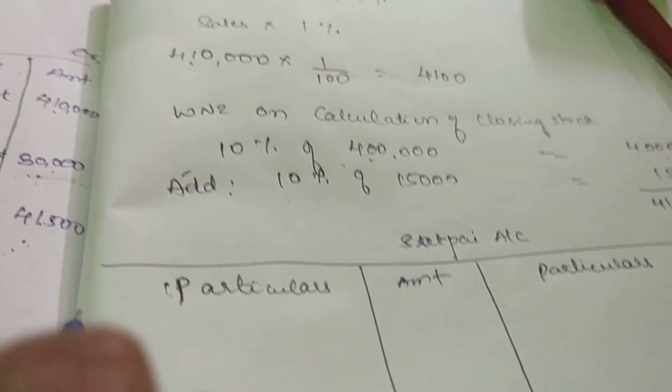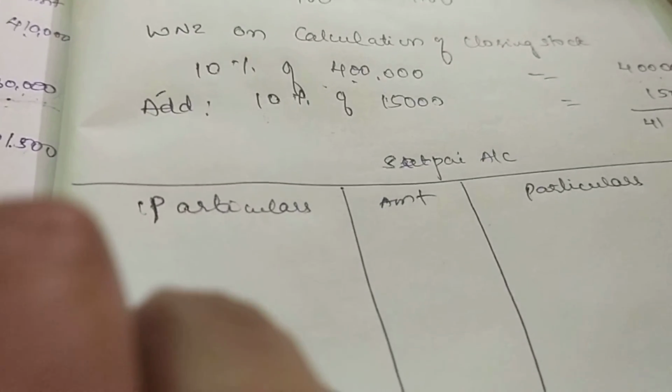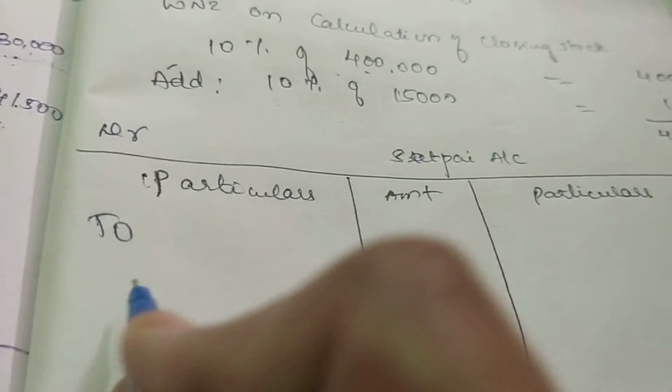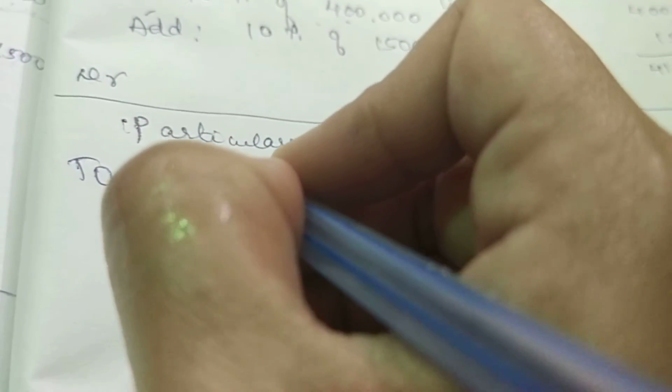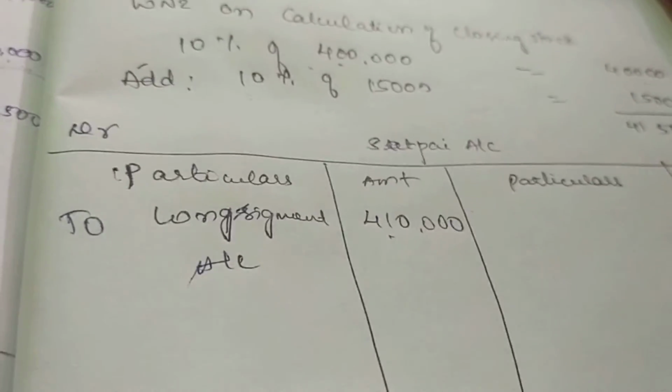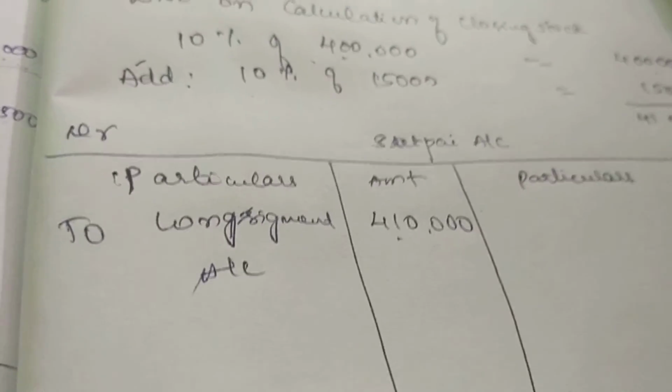No, sorry. What were the sales done by the consignee? What were the sales done by the consignee will be written on the debit side. Sorry, students. Debit side, credit side. On the debit side, you will write what was the sales done by the consignee to consignment account, 4,10,000, and under that what is the expenses paid and the commission payable to the consignee.